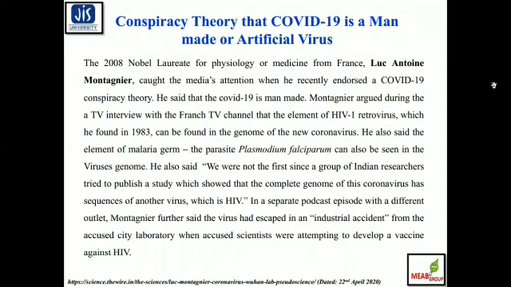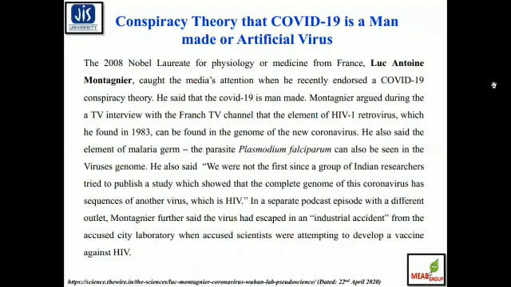In 2008, a Nobel laureate for Physiology or Medicine from France caught the media's attention when he recently endorsed a COVID-19 conspiracy theory. He said that COVID-19 is man-made, and the scientist also argued during a TV interview with a French TV channel that elements of the HIV-1 retrovirus, which he found in 1983, can be found in the genome of the novel coronavirus. He also said elements of the malarial germ, the parasite Plasmodium falciparum, can also be seen in the